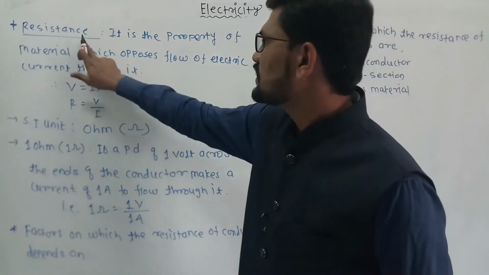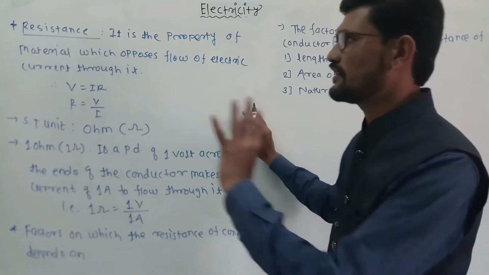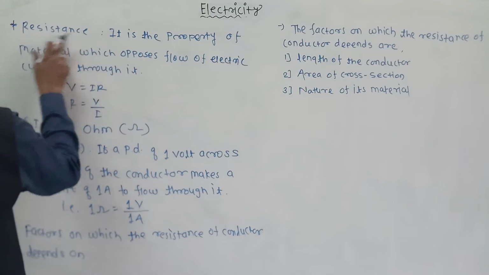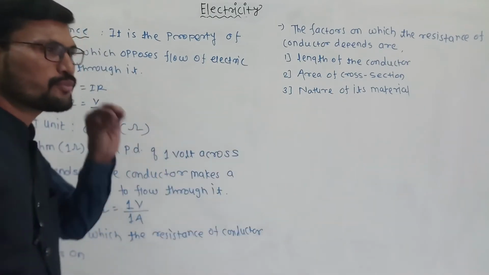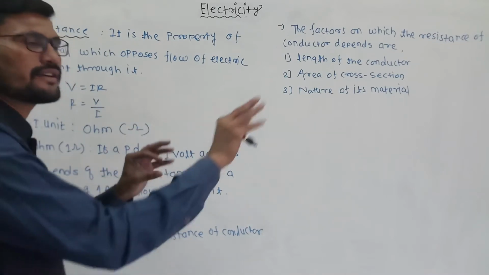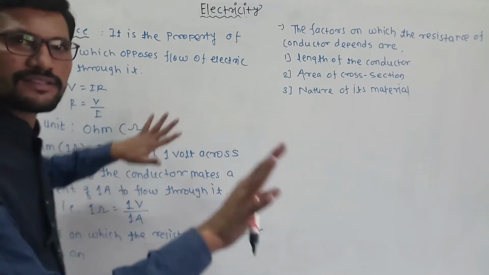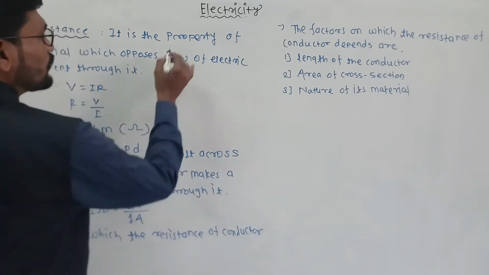Actually, this resistance opposes the flow of electric current. This is what exactly is to be called the resistance. What is the function of this resistance in a circuit? Get what I am saying? This resistance opposes the flow of electric current. Suppose there is one electric circuit and the current is flowing through it, so what does this resistance do? It opposes the flow of electric current. That's it. This is the role of the resistance in the electric circuit. That is what we are mentioning here.